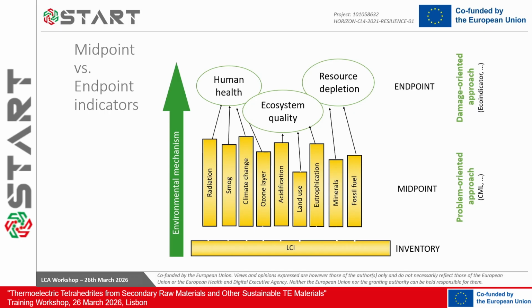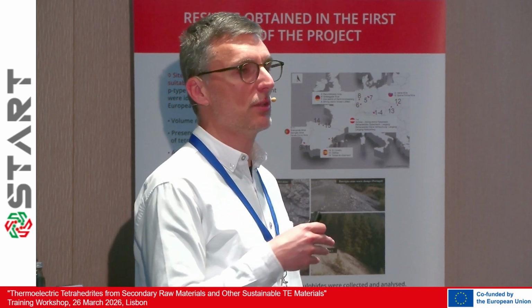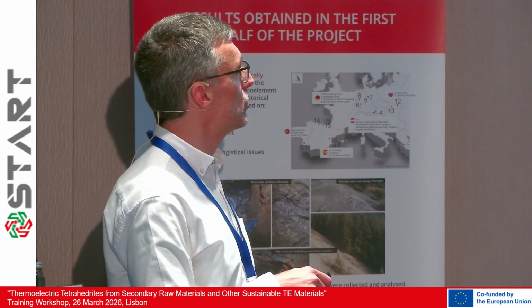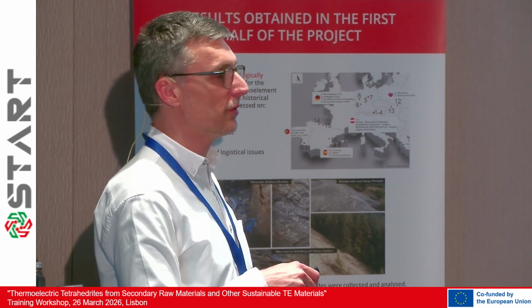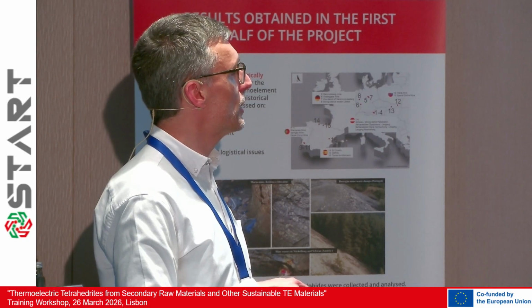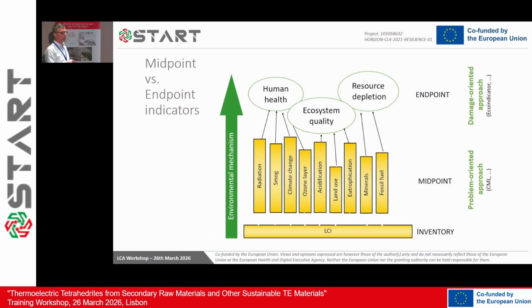And so in that way the method allows you to transform the emissions from the tailpipe of the car into changes in the atmosphere, which is the cause of the problem, and then to the consequence. So how much that will generate in terms of changes to human health, or to ecosystem quality, so the change in biodiversity, the loss of species, or also to resource depletion, when we are talking about, for instance, the consumption of minerals or the use of fossil fuel. Because when we are doing that, we are also changing the concentration available in the mineral crust, and so that will also generate